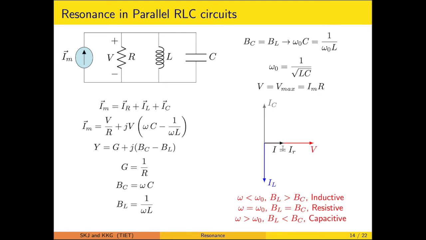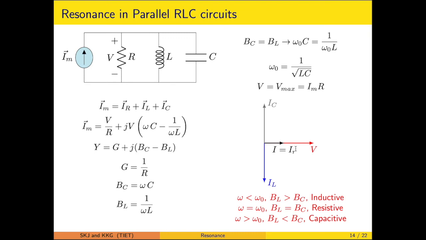Now on the analogous line, this particular voltage is taken as a reference. So current through the resistance is in phase with the supply voltage, that is marked along this. Current through the inductor is 90° lagging, so that particular is marked likewise. Current through the capacitor is 90° leading the voltage, so that particular is marked. At the resonance, IL will be exactly equal to IC. So this particular I is equal to Im, which is equal to IR likewise.